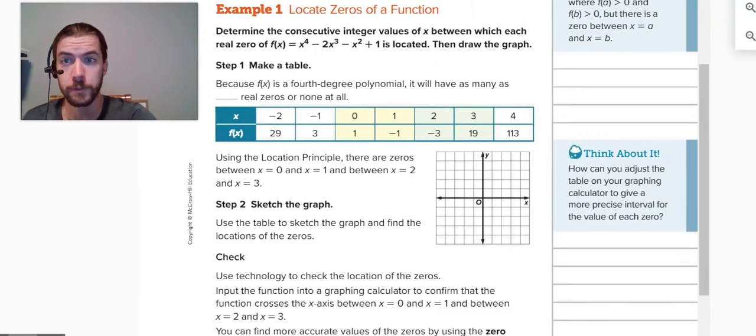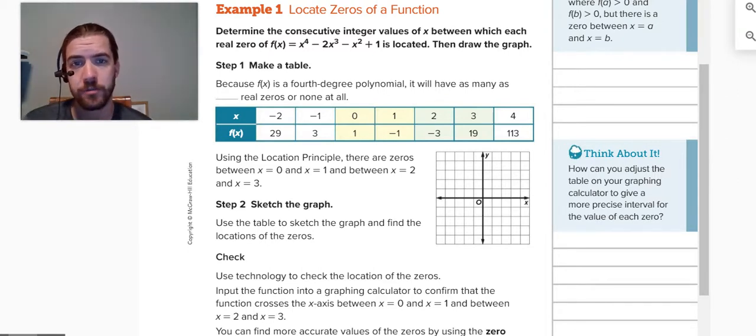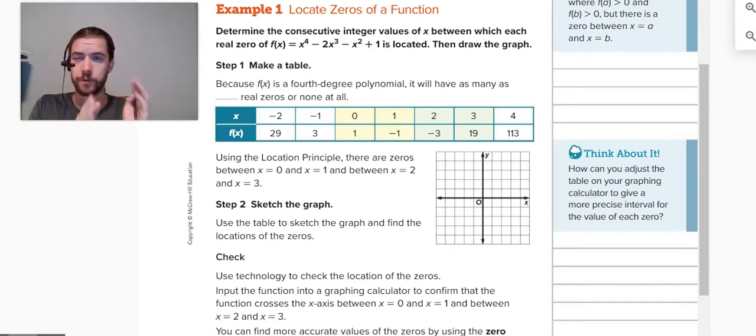Okay, so let's look at example 1 here, where we want to locate the zeros of a function. We are going to determine the consecutive integer values of x between which each real zero is located. What that means is if there's a zero located between 0 and 1, we want to write that down. We want to know that somewhere between 0 and 1, between those consecutive integers, we find